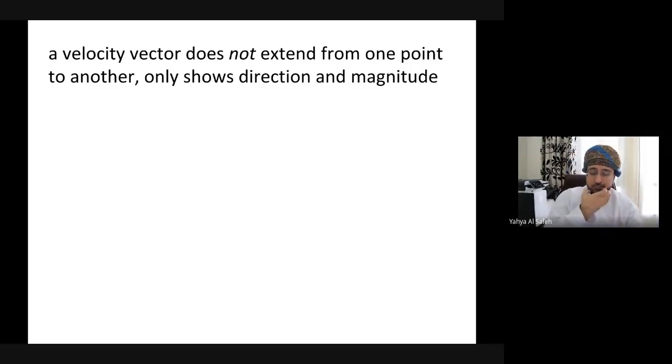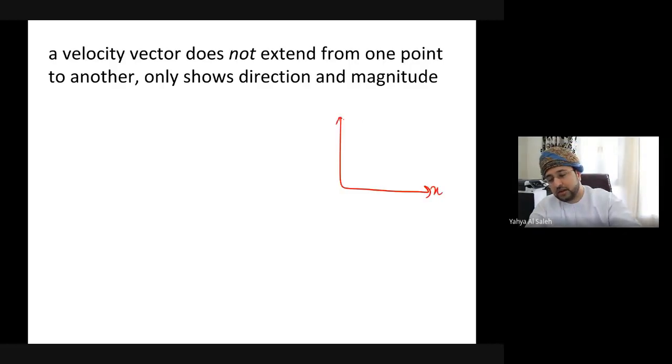Okay. Now here's an important point. A velocity vector does not extend from one point to another. It only shows direction and magnitude. So on an XY axis, if I am saying I start here and I end up here, and I draw this, what does this arrow tell me? Yeah, what does this arrow tell me? Anyone? Maybe direction. Okay. Change in position, direction,